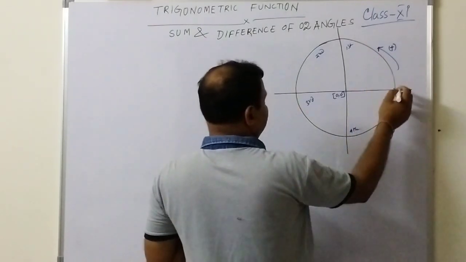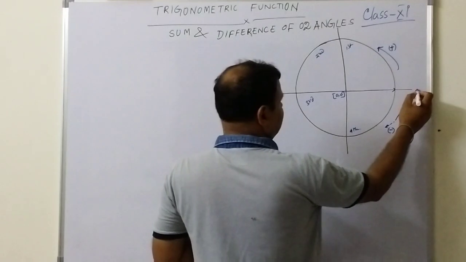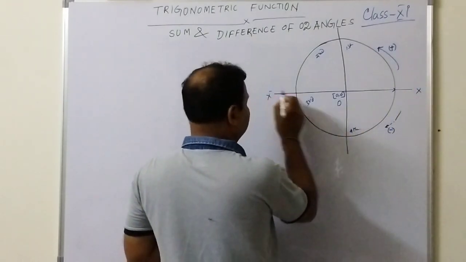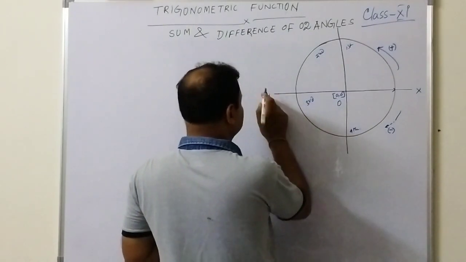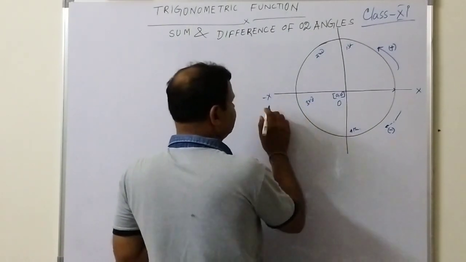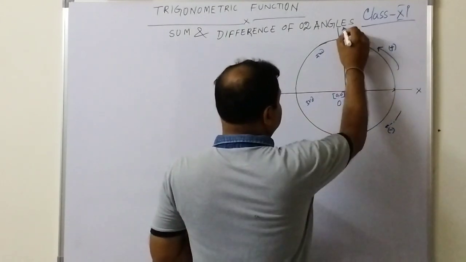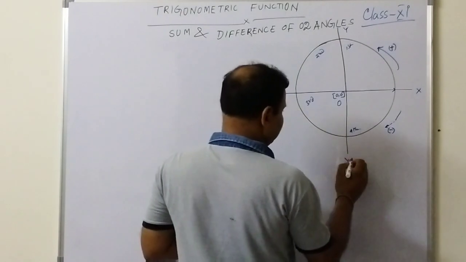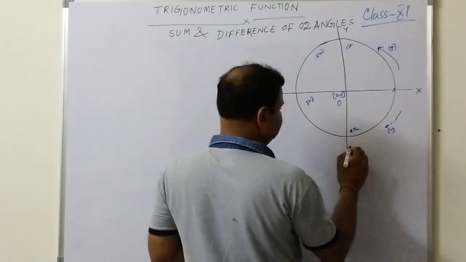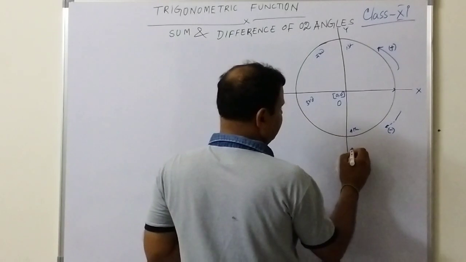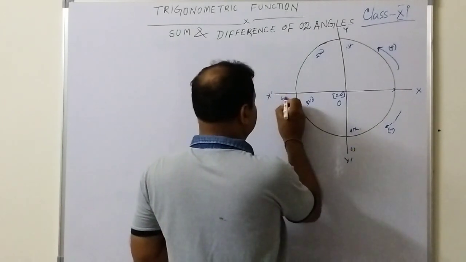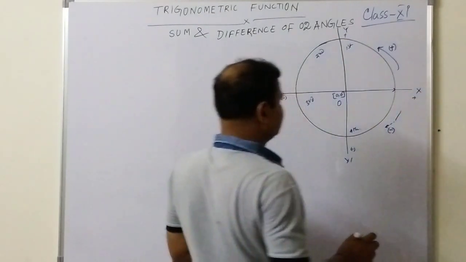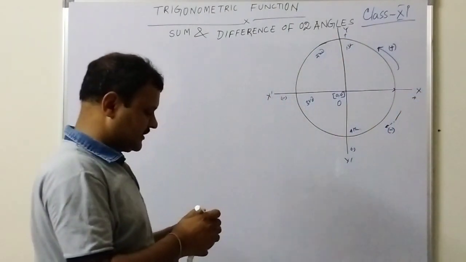Okay? And in the first quadrant, you know, this is the number line. If you consider this is the number line, this is the 0 point, the starting point, this is the x and this is the minus x. So on the number line, this is the minus side. And this is y and this is minus y. And this is the minus direction, this is the minus direction, and this is the minus direction. And this is plus, and this is plus. I think you might be doing all these things, right?